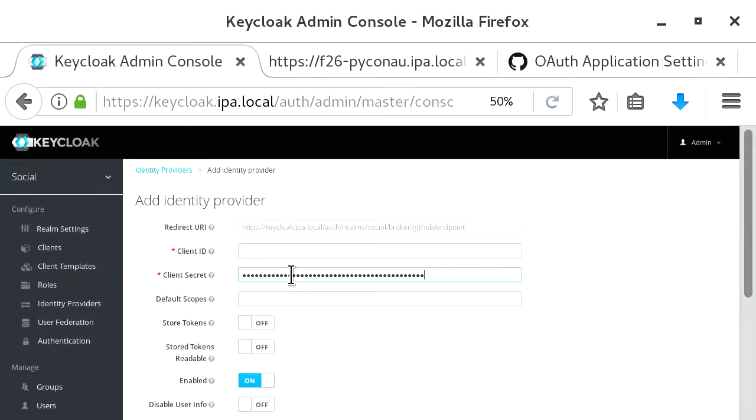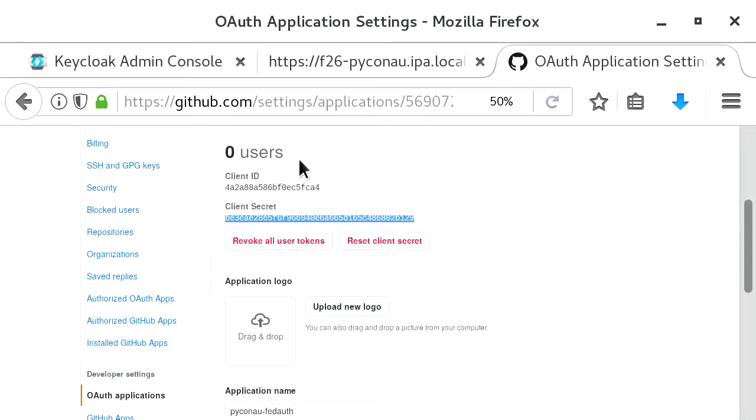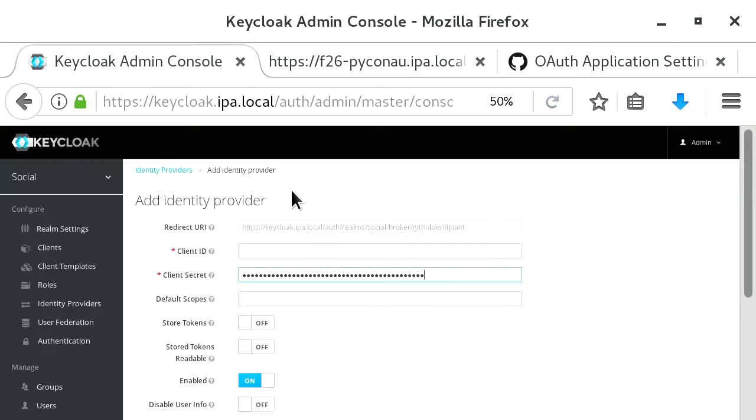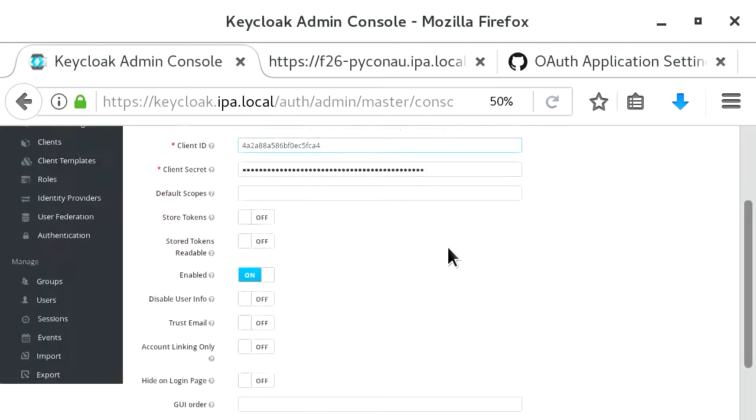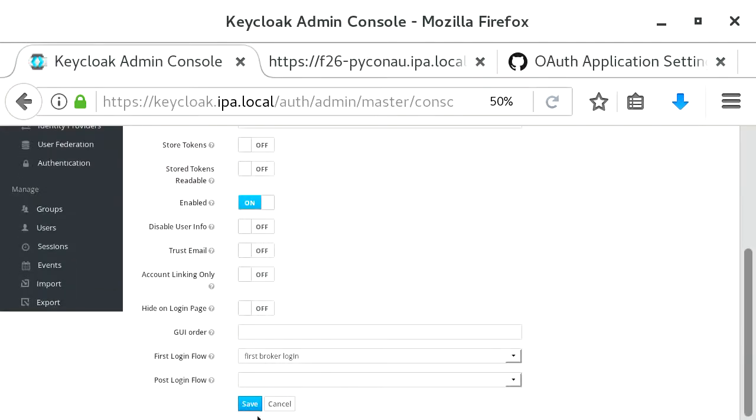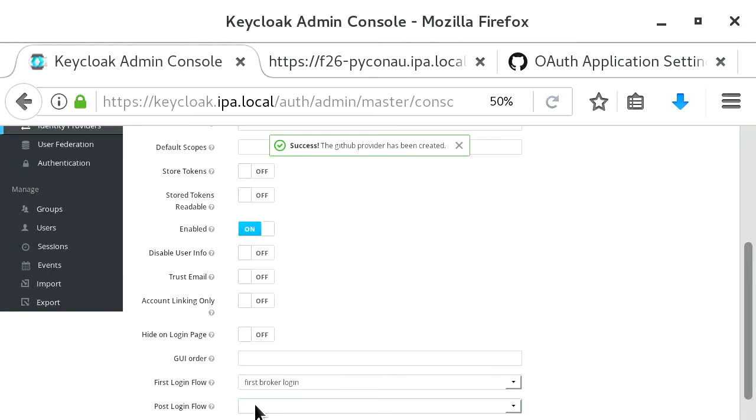So here's our client secret. So yeah, I'll be deleting this application, removing the credentials after the talk. Naturally. Now there's nothing else we need to configure here. As you can see, there's a whole heap of different settings, but the defaults are fine for our purposes. So we've created the GitHub provider now,